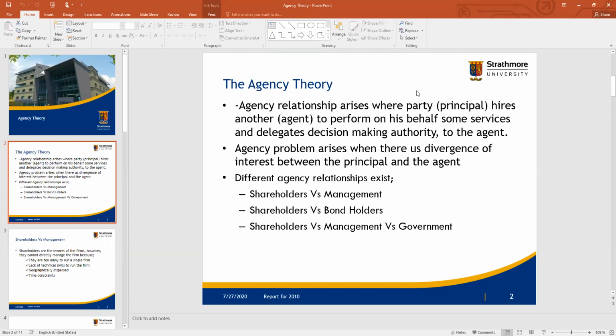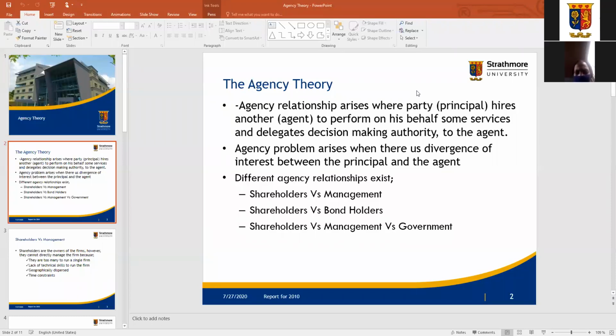And as mentioned, agency arises where we have two parties. We have what we call the principal and what we call the agent. What distinguishes the two parties? The agent, don't forget, is appointed by the principal, and the agent is meant to ensure that they do